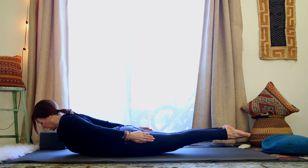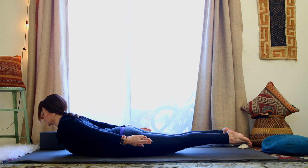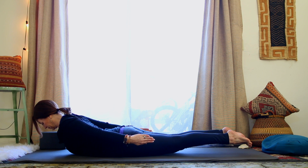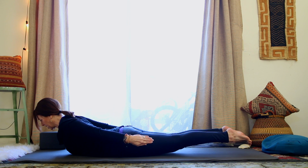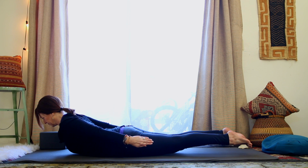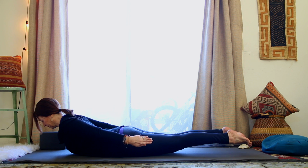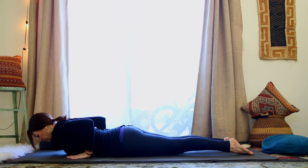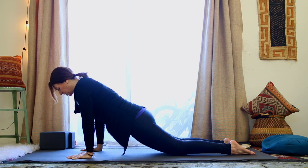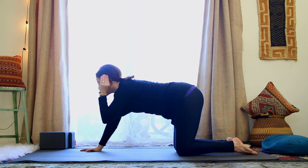Inhale, lift up. Keep the back of the neck long. There's a tendency to want to look up, but look forward. Lift the shoulder heads. Keep reaching sitting bones to heels, and breathe. One more breath, and release. Bring your hands by your low ribs, come up onto your knees, and then take your forearms down